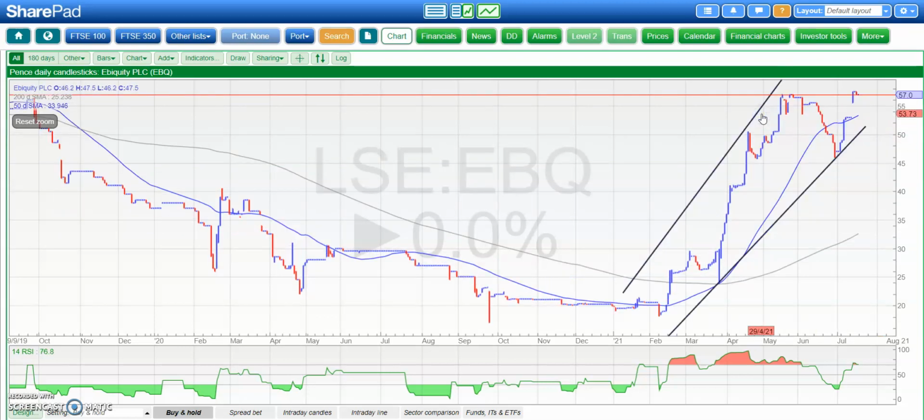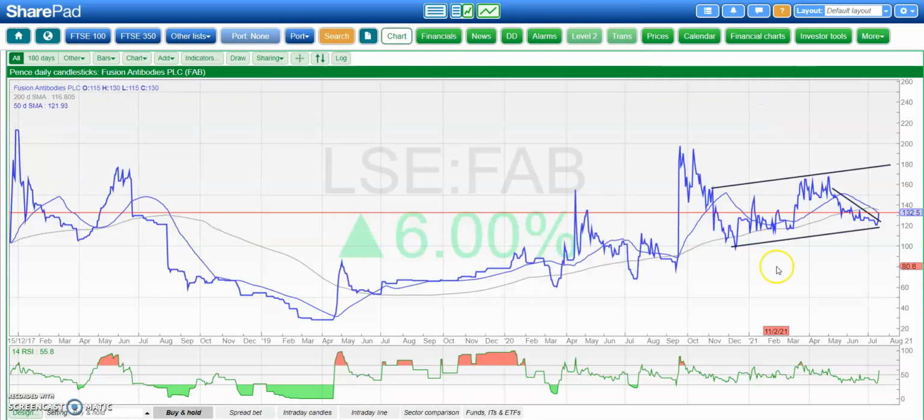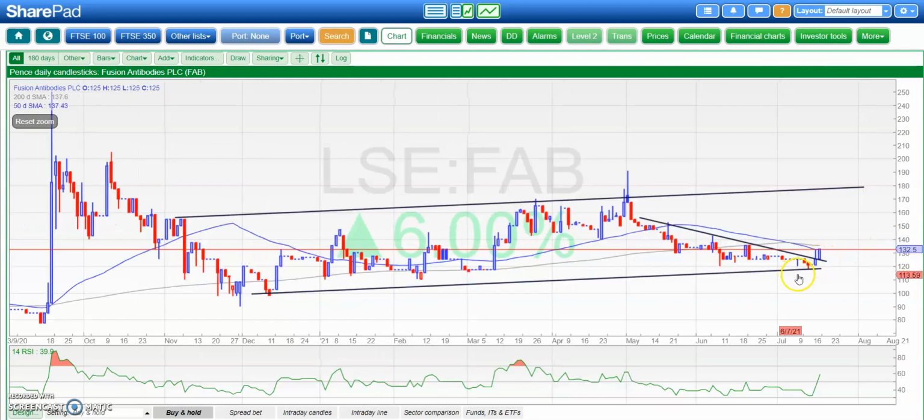Stock which has the award for one of the widest spreads on the market, which is something of a mystery perhaps, is Fusion Antibodies. Here it looks as though the shares are back towards that £1 to £1.20 support zone. We've had rallies from that area quite a few times,